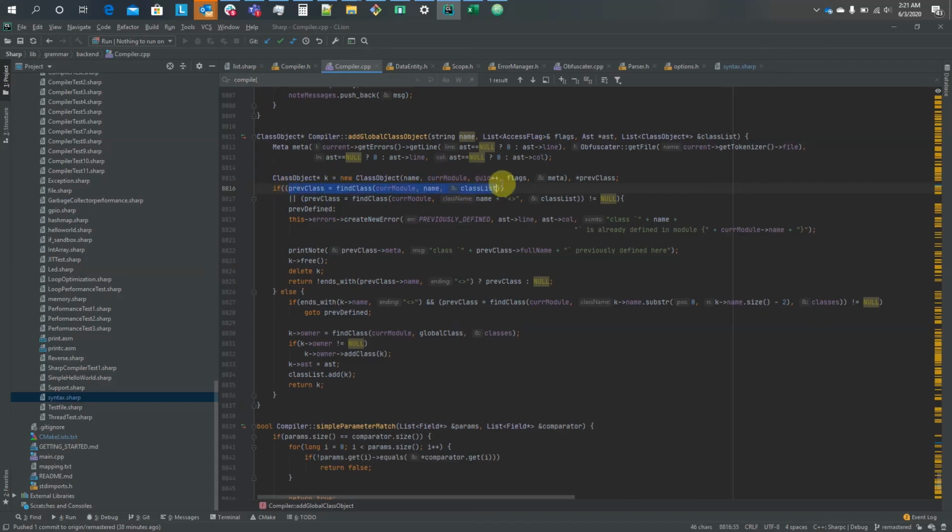So first we check for the normal name. We pass in the module, the current module that we're in, the name, and then the class list. If we find it, great. Otherwise, we check to see if the class was defined by adding this keyword, these two brackets, the less than and greater than symbols here, which basically means that this is a generic class,